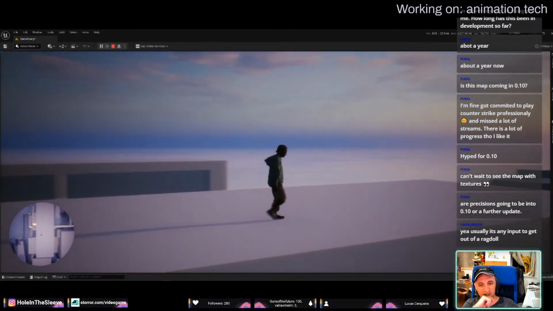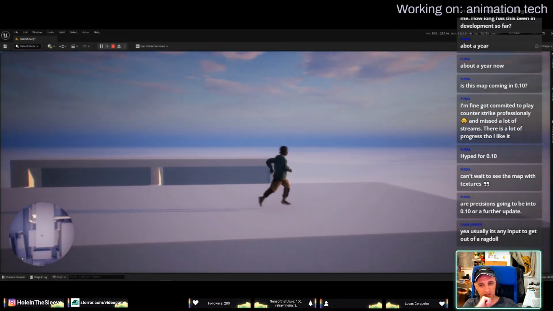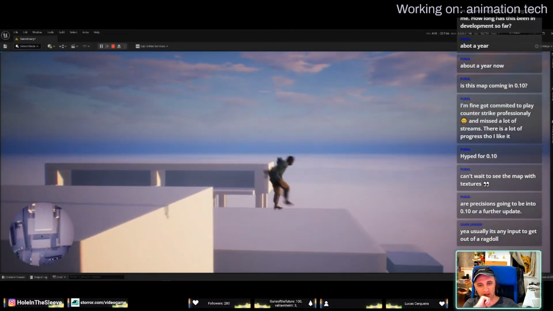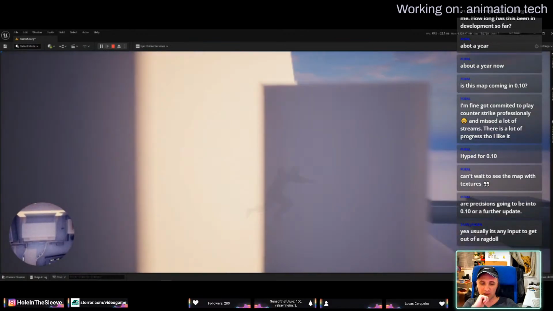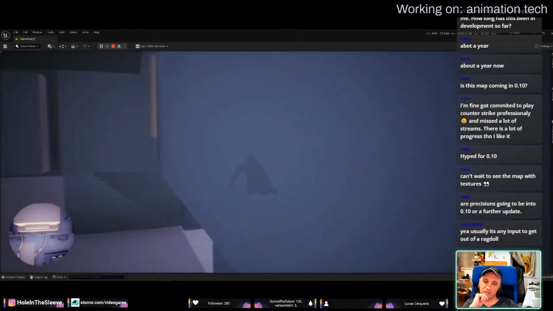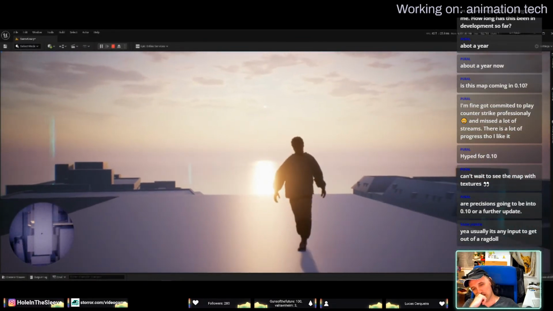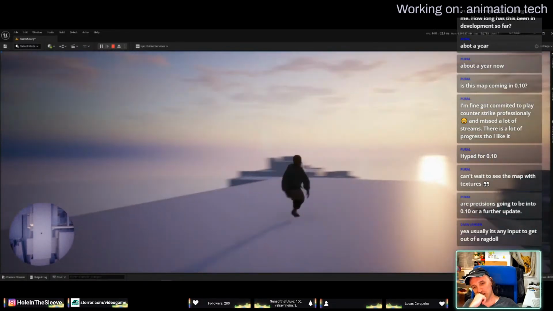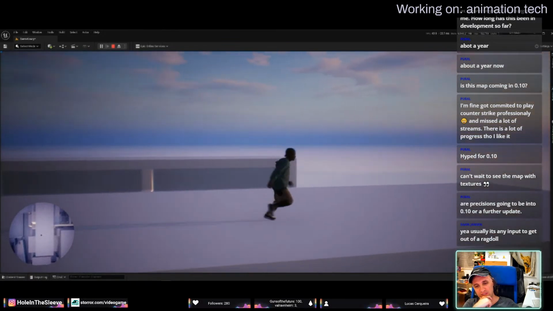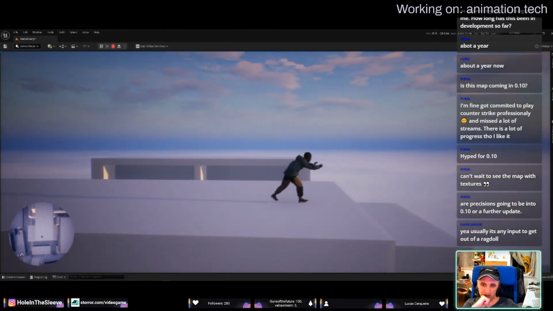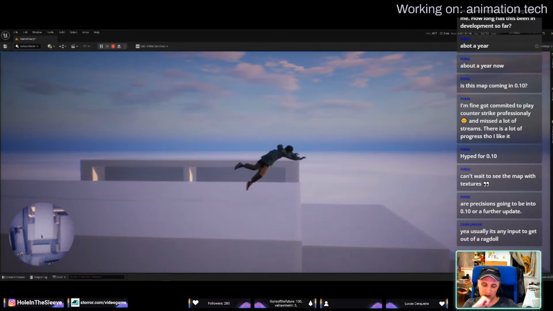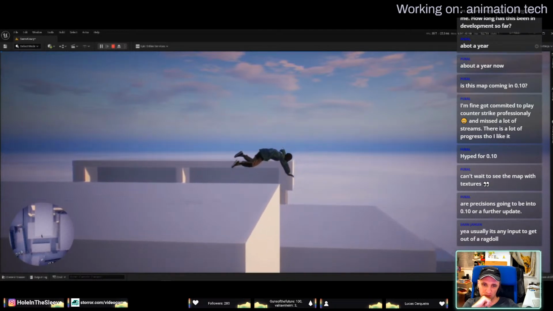Okay, can you do a cat pass of this? No, it doesn't do that. What the? What does it do? Okay, try again. That was a bit weird.